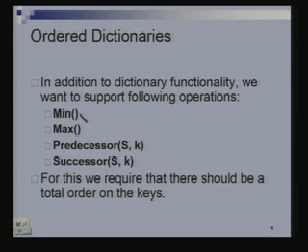When I say minimum key, it means that there is some kind of a total order on the keys. This is different from when we talked about hashing. When we talked about dictionary, we said that the only operation we will ever need to do on the keys is to compare two keys for equality. Given two keys, we have to decide whether they are the same or not. Here we are going to expect more out of our keys. We assume that there is an ordering relation on the keys, so that given two keys, I can decide whether they are equal, and if they are not equal, I can say one is less than the other or one is larger than the other.